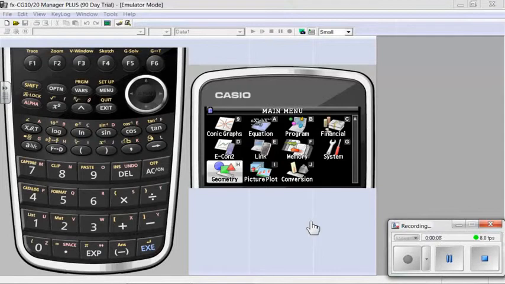So today we're going to look at the geometry window. We're going to look at constraint-based geometry on the prism. If you've never done constraint-based geometry, it's a very neat concept. It lets you constrain things based on definitions. We're going to investigate a parabola based on its definition.